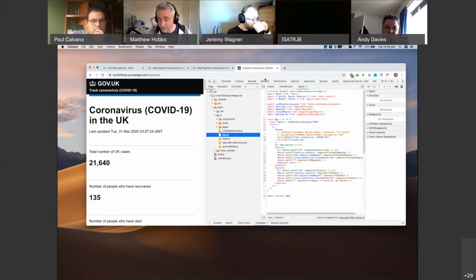So that's something that I've noticed, that it doesn't do very well at all. Progressive enhancement isn't its thing, really. Okay. Yeah, the other thing I'd add to that, Matt, is in the middle of the chunks Jeremy was talking about, there's some base64 encoded images